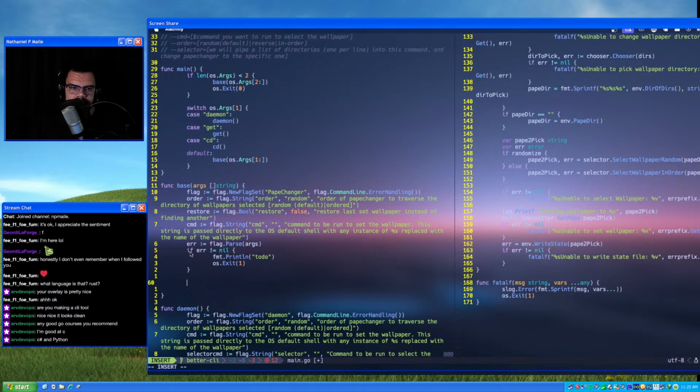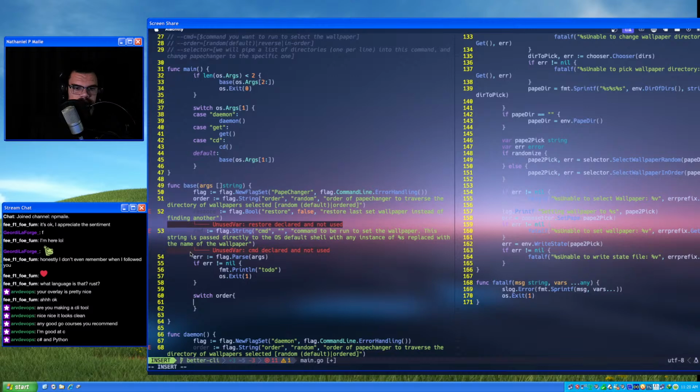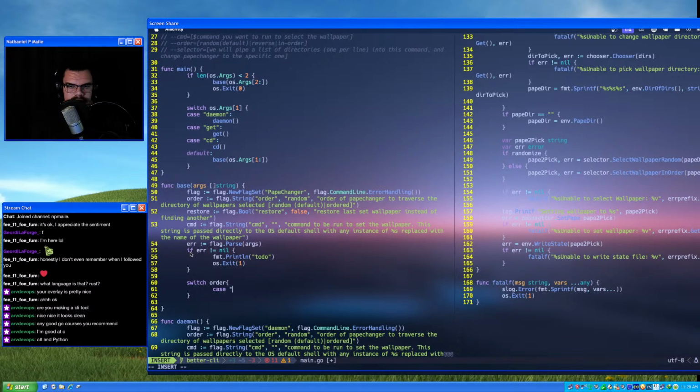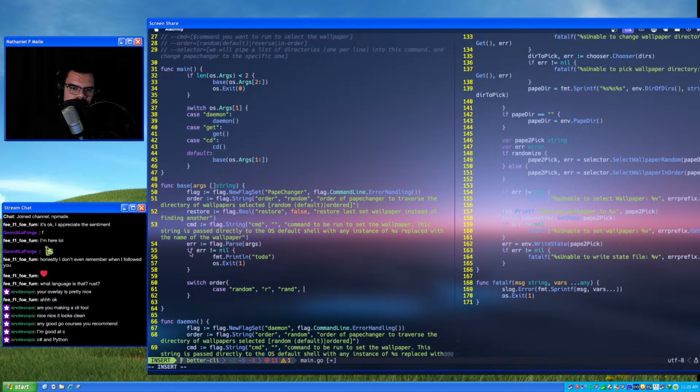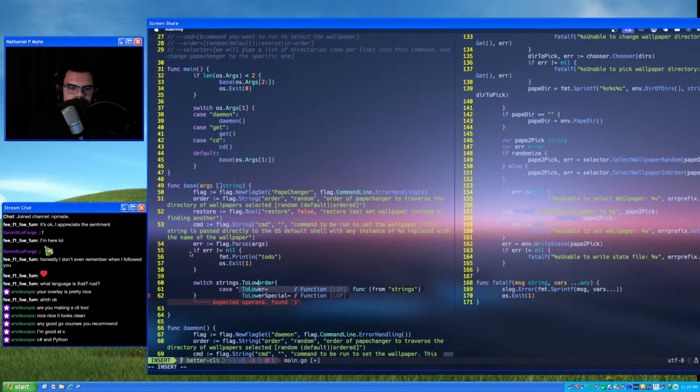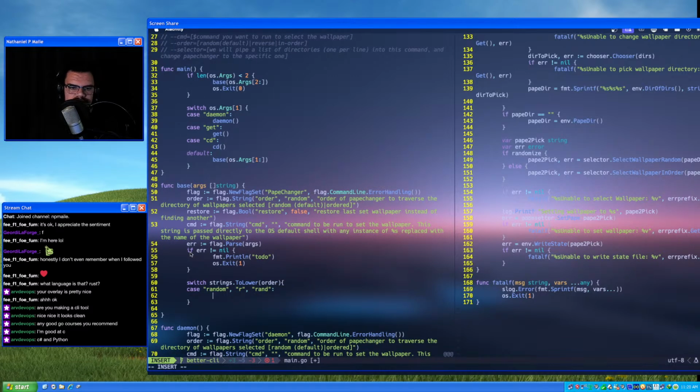So we have order, restore, which is going to be a slightly different thing, command, and an error. All right. So what I think we'll do is a switch on order, case random, r, rand. We'll do strings.ToLower random. I'm looking at this API I've designed on the right here, where you select the wallpaper in order or randomly.